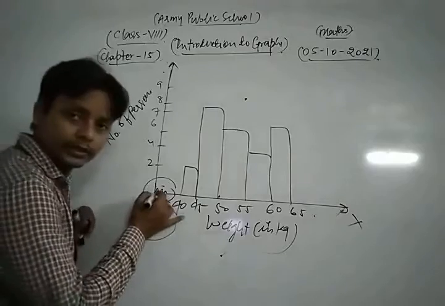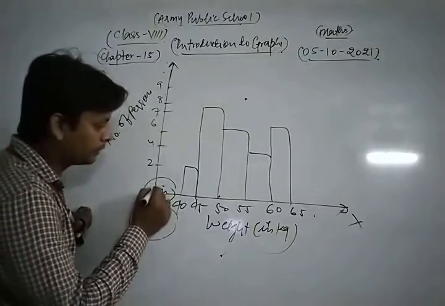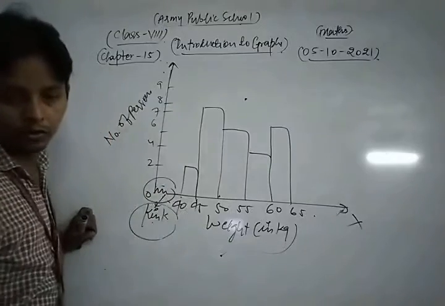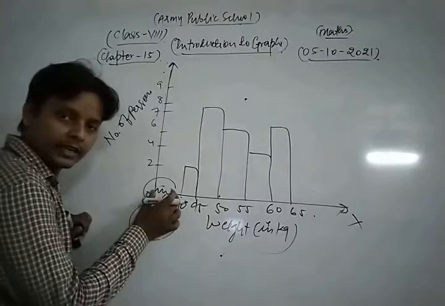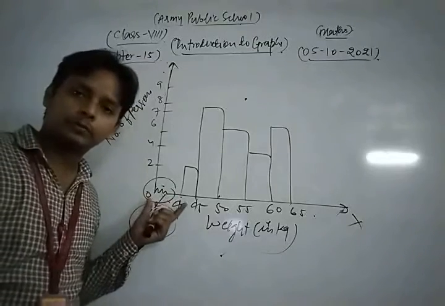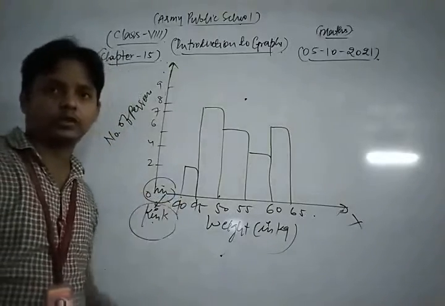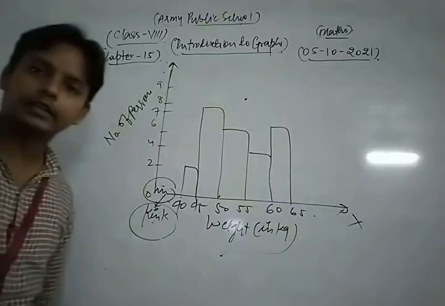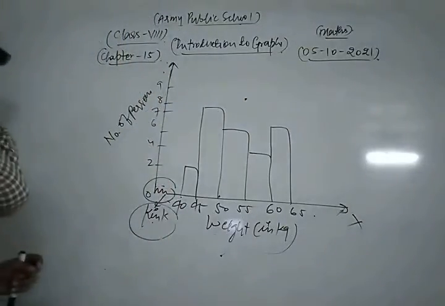We are not showing that symbol represents that we are not showing the numbers between 0 to 40. 0 to 40 means this is the space now, so that symbol represents that we do not show the number between 0 to 40. Okay, and this symbol is known as a kink.